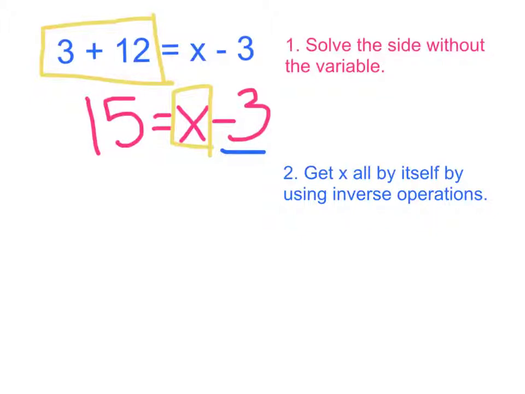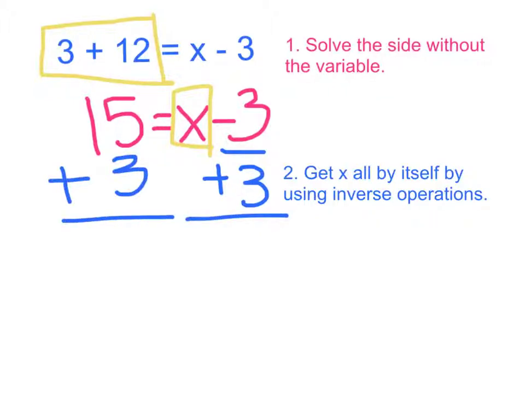So we're actually going to add 3 to both sides, because please do remember, we've talked about this before, what you do on one side of the equal sign, in order to keep it equal, you have to do on the other side. So now we have 18 over here, and we have x. So we're thinking that x equals 18, but you are not done yet, because the last step is